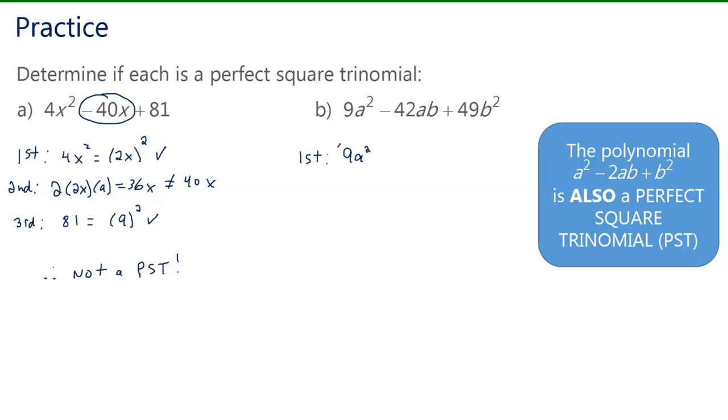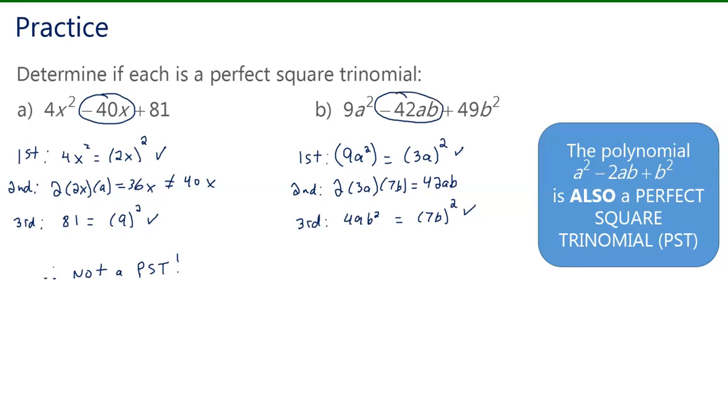9a squared can be written as 3a all squared. Let's look at the third term. 49b squared can be written as 7b all squared. These are two good indicators. Let's look at the second term. The second term should be 2 times 3a times 7b, 42ab. This is good because we have a negative 42ab, and whether it's positive or negative, it doesn't matter. This is indeed a PST,